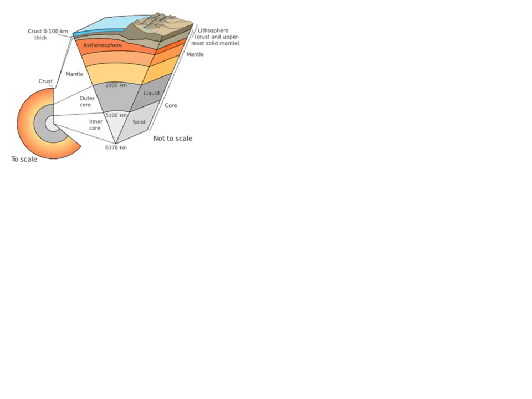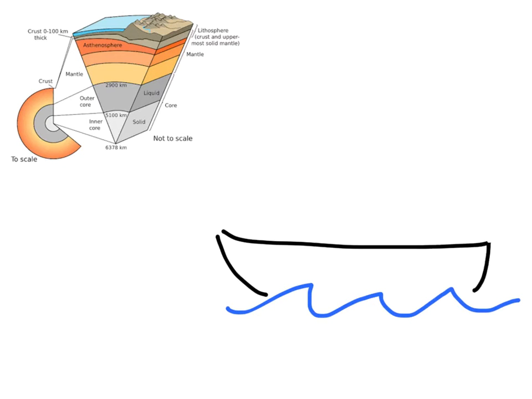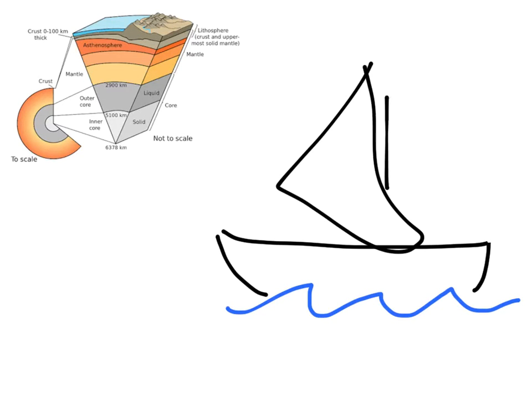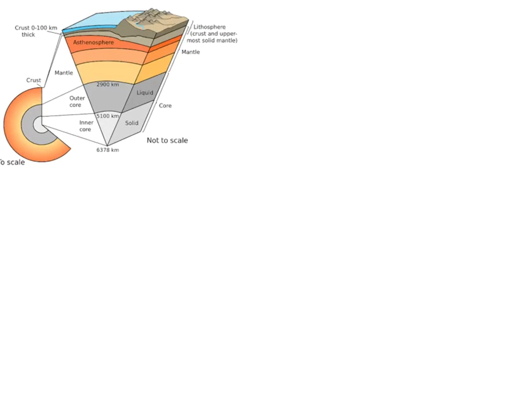So let's focus in on that asthenosphere. The asthenosphere is sort of a little bit like the ocean. If you think about the ocean, it has waves, and there are boats that sail on the ocean. There we go. That's me, my yacht. When the ocean moves, the boats move. That's pretty simple. So think about it this way. The asthenosphere is that upper part of the mantle, so that is like a liquid hot, super duper slow ocean. The plates are the boats